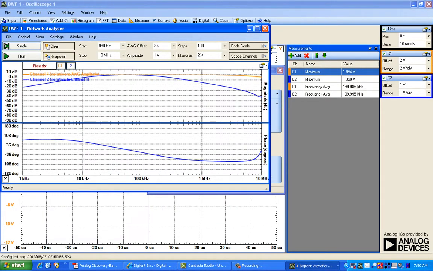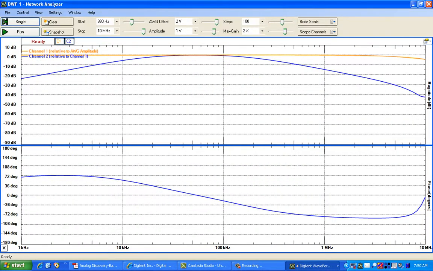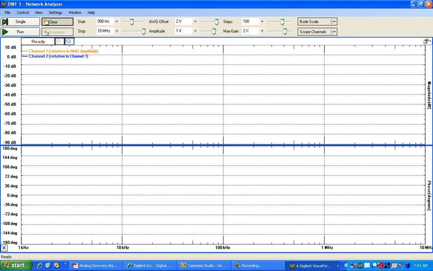As soon as you click, you get to see a window such as this. Once again this window is retaining some past values. You clear up those values, and since you want to draw the frequency response of the LC bandpass filter you have constructed, you click upon the option run.